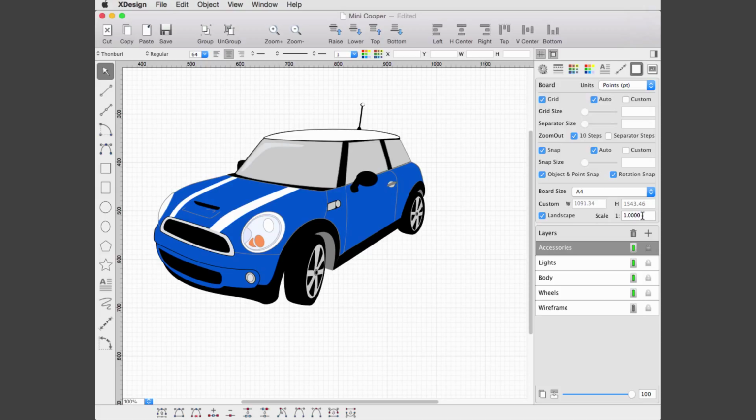A drawing scale can be set separately from board size. Default drawing scale is 1.0. Setting or changing the drawing scale will affect all the measurement related features of the coordinate system, display, and input, but will not change the internal storage values. Values stored by XDesign internally will always be at scale 1.0.